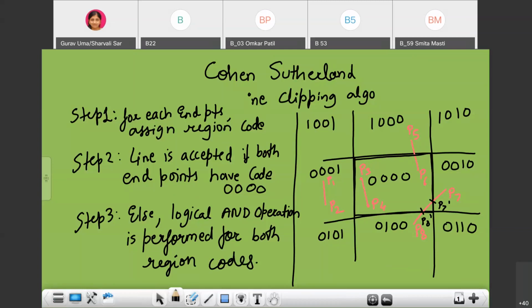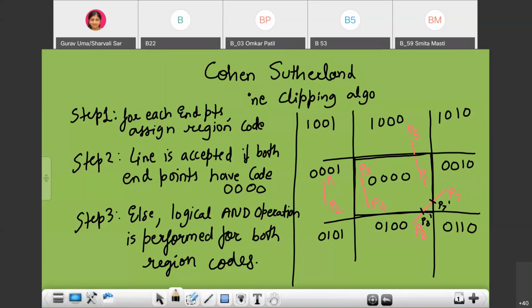In step 2 we said the line is accepted if both endpoints have the same code, that is 0000. In step 3, else if the endpoints have different codes, we have to perform the logical AND operation for both region codes.